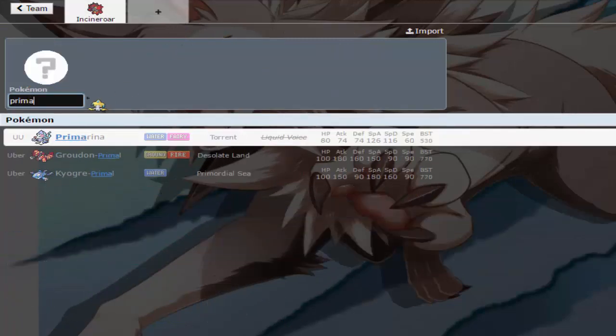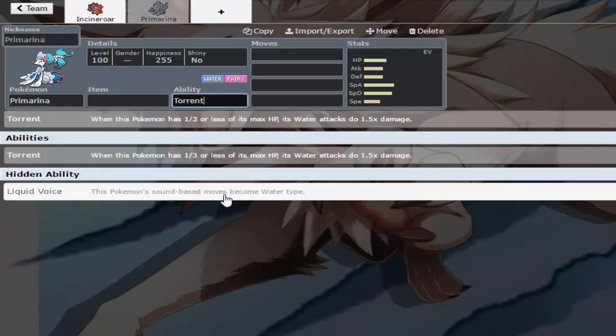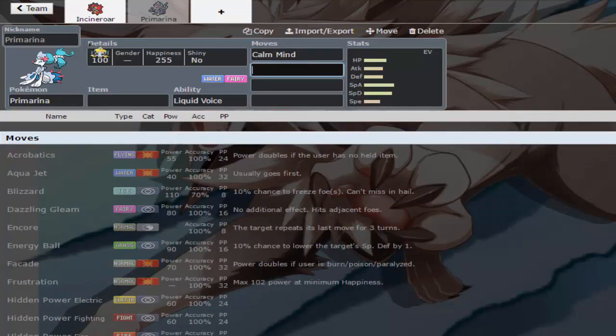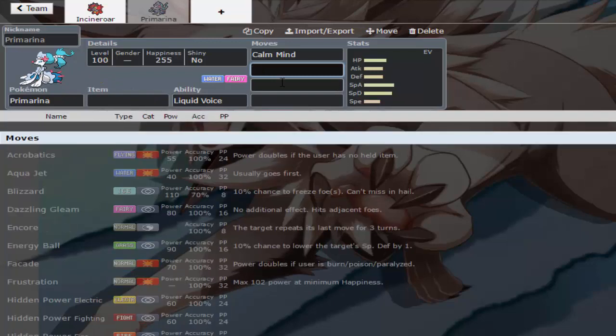Now we have Primarina, and I said its stats were fine. And alright, Liquid Voice boosts these moves. Actually, no, we're not boosting the moves by 20%. Reason being, I'm gonna give this thing Calm Mind, because look at it, its mind is calm. It's a mermaid, it relaxes, its mind is calm. It needs something to boost its special attack besides Work Up. Literally, that's it. So Calm Mind,